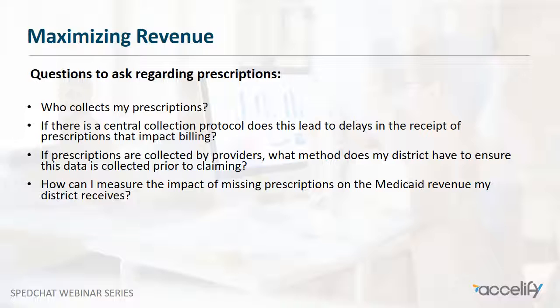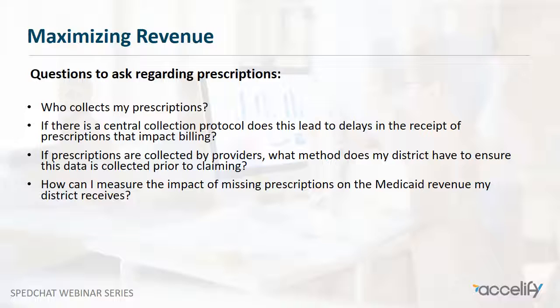And this has a couple of pitfalls. One, just that process alone can delay billing. If you do have a small number of personnel handling this, they tend to want to collect those at a regular interval, send them off at a regular interval, et cetera. So then you're going to have this institutionalized delay or loss of revenue, because they're going to collect it for 3 weeks, and then you're going to have 60 kids that were sitting there for 3 weeks until that last day hits, and they send it off to the doctor,